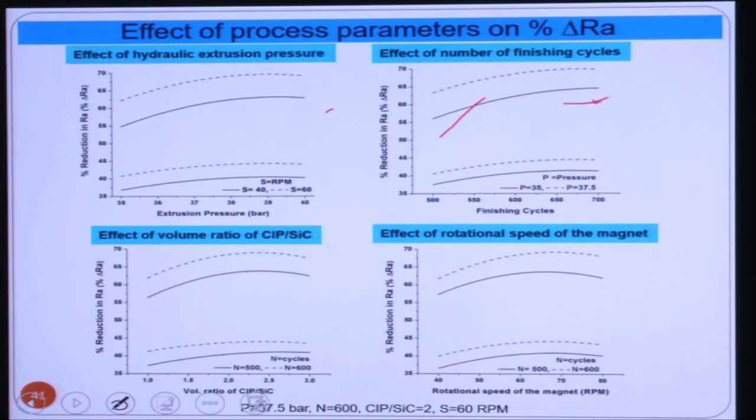Okay. So with the volume ratio of CIP by SiC, you can see there is an optimum value. Up to this optimum value, if we increase the CIP by SiC ratio, the surface finish improves. After that it reduces, because up to a certain value your CIP percentage increases. As the CIP percentage increases, a stronger bond will form. Abrasive particles get more strength for polishing. But when the CIP percentage is increasing more,